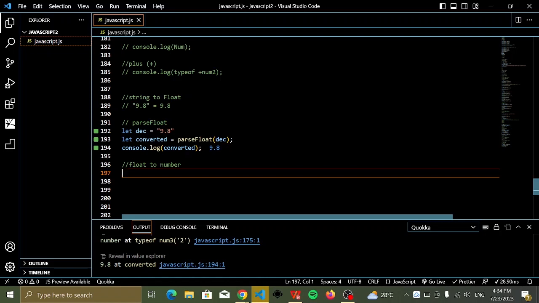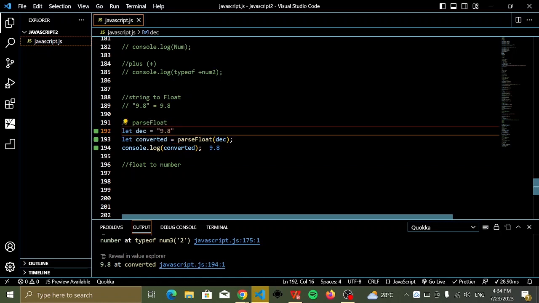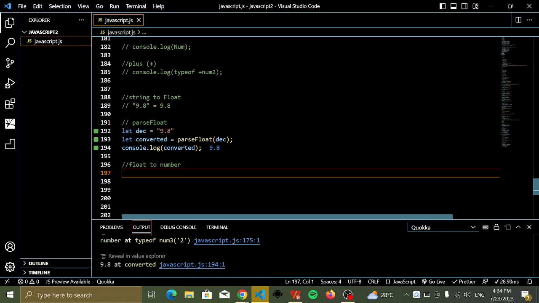Let's give an example. Instead of creating a new variable, we're going to use decimal. I've converted decimal here to a number. So now it is a number. Sorry, we're going to use converted. So converted is now a number, a decimal of 9.8. Now we're going to convert this decimal of 9.8 to